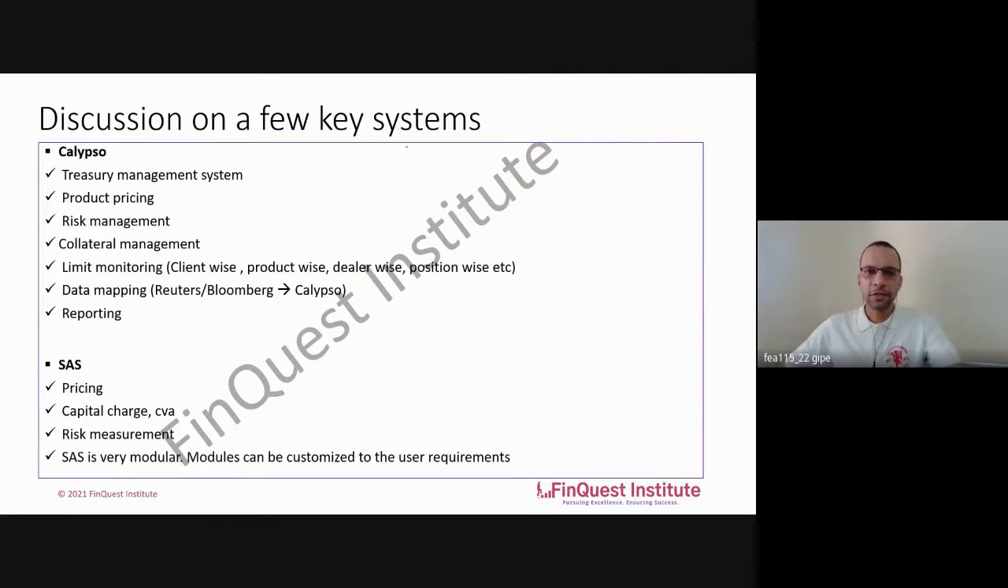Now, a few key systems which you will popularly observe in the industry. So starting with, so I've written Calypso, but this can be Calypso or Murex. So these are treasury management tools. So they are very expensive as well because they give you so many functionalities that they cost a lot. So that way, banks will find it